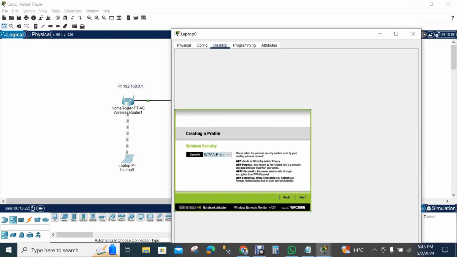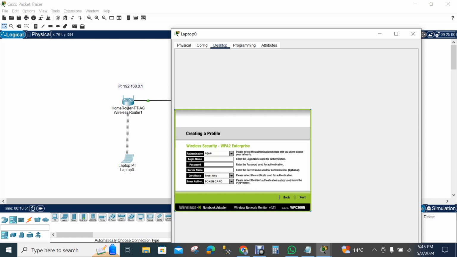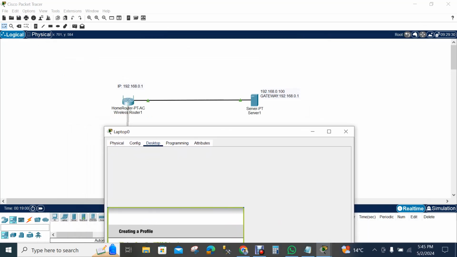We selected this security algorithm on our router, and it will be applicable for our server and our laptop too. From here we don't need to do anything else, but we should remember that on the server